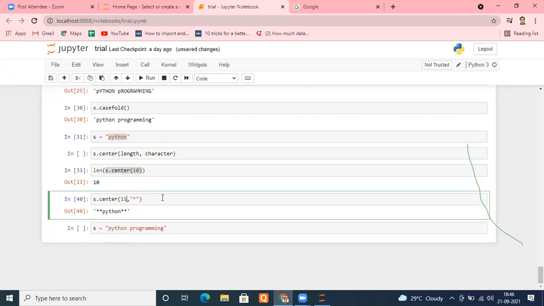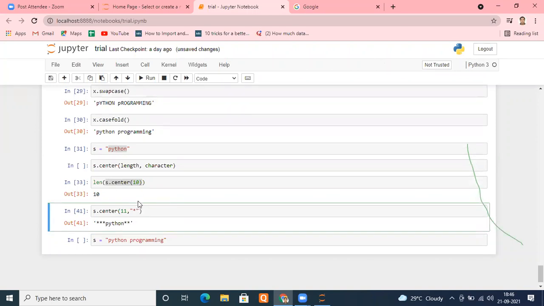Because it actually depends not only on putting 11, meaning odd numbers here, it also depends on how many characters we are having in the string. Both the things are dependent on. So it will try its best. If I put here, of course it doesn't have any option, so it is putting 3 here by default and 2 here. It depends on both the things, what your string is having and what this number is having.